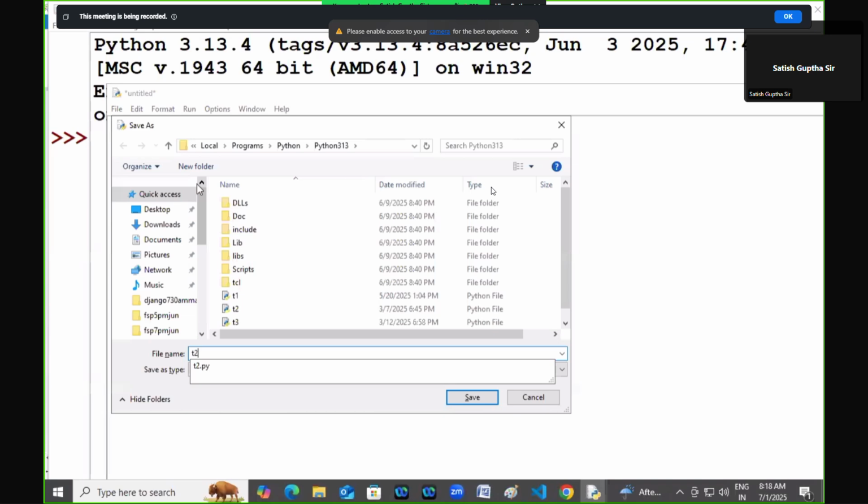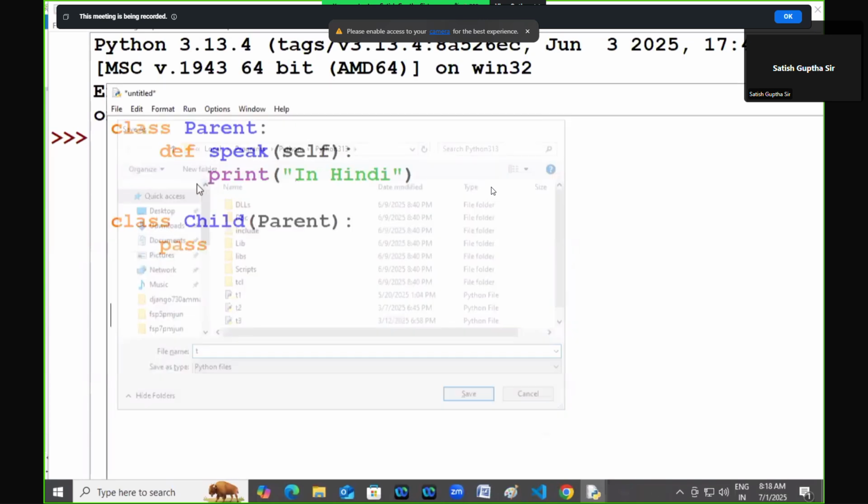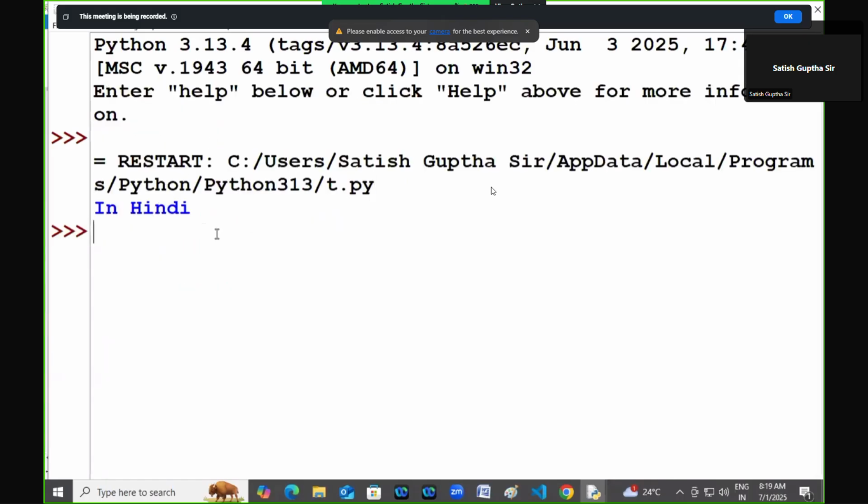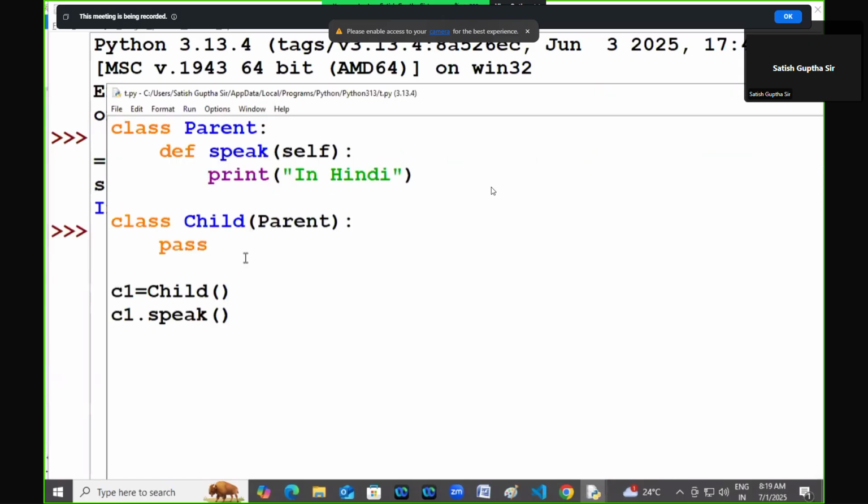One method. Very good. The name of this method is speak. Now I create a child object, c1 equal to Child. c1.speak: the child speaks in Hindi, but it is inherited from the parent. The child speaks Hindi, but Hindi speak is not an operation of the child. It is inherited from the parent. But when it comes to the child, the speak is